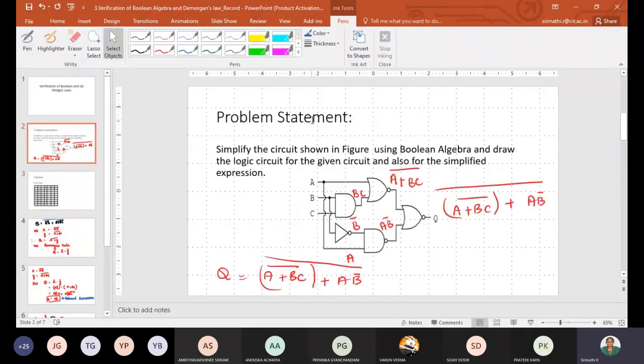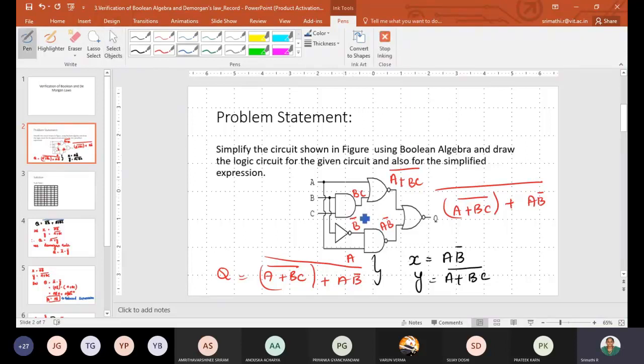Here what I am going to do is, let me assume X as (A B bar) the whole bar, and Y as (A plus BC) the whole bar.